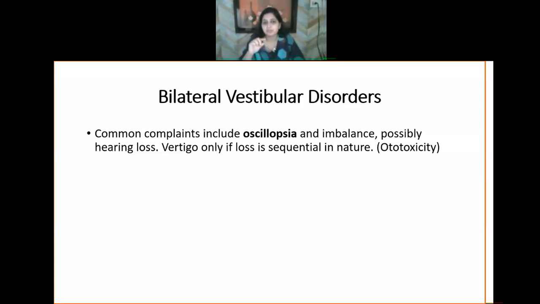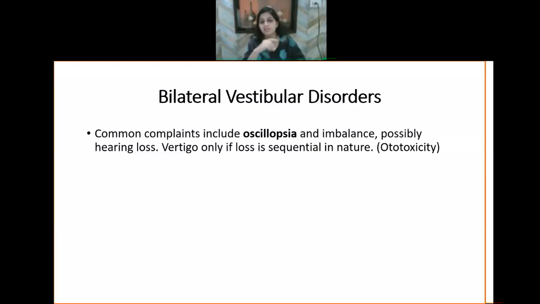In bilateral vestibular loss, the main symptom you can see is oscillopsia. They feel everything is moving. Their daily life is very, very much affected. They can't even brush their teeth, because if they look in the mirror, they feel everything is jumping, everything is moving. So yes, if you are very good, you can give it a try for this patient also. If you feel you have tried everything and it's not going to help them, then you can recommend the vestibular implant. There are, I think, two surgeons in Bombay doing vestibular implants too. So you can Google them and refer those patients too.